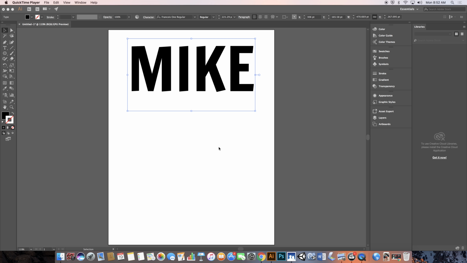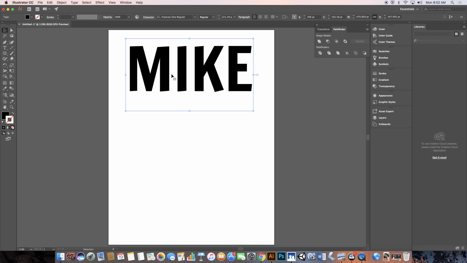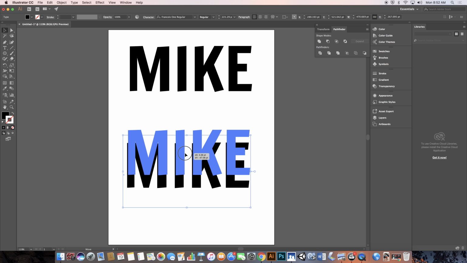To use the Envelop Distort tool, what you're going to do is first start off with a big block of text. Write your name, your first name only, and choose a big bold font and make it take up about a third of the screen right here. Now what you're going to do is duplicate that by holding Option and clicking and dragging, and we're going to